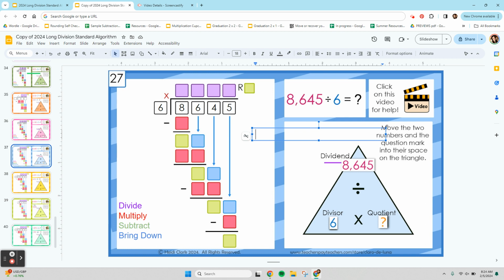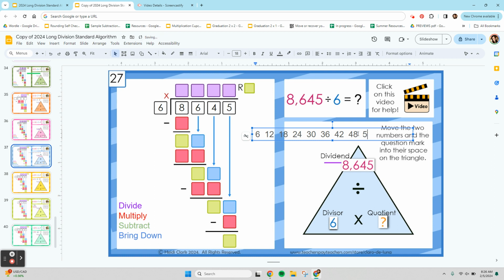I also suggest skip counting your 6s, because when you divide by 6, what you're really doing is seeing how many 6s you can fit into something. There's a relationship between division and multiplication. They work together. So if you look at that fact triangle there,